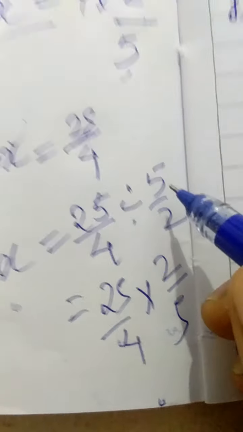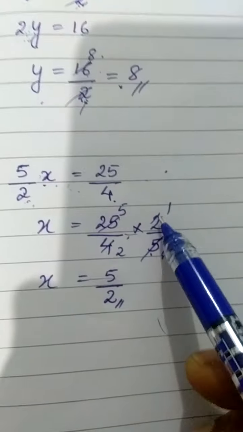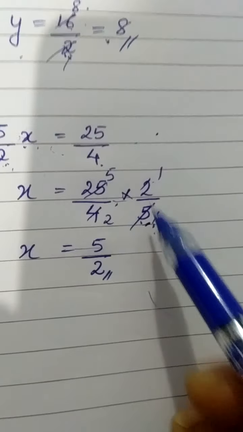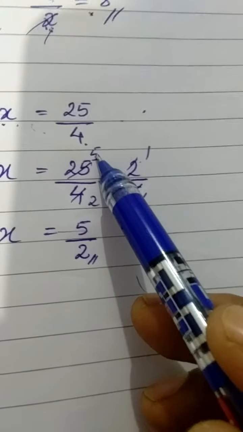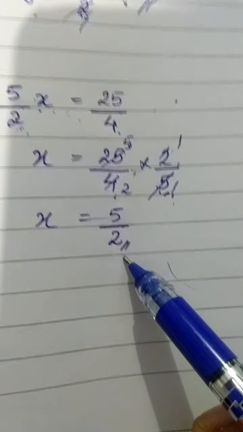You reciprocate. So instead of doing it in two steps, directly what we are doing is 5 by 2 we are directly bringing and making it 2 upon 5. Got it? So 5 5s are 25. We are simplifying. 2 1s are 2, 2 2s are 4. So the answer is 5 upon 2.